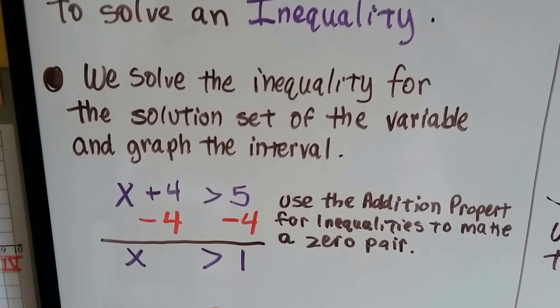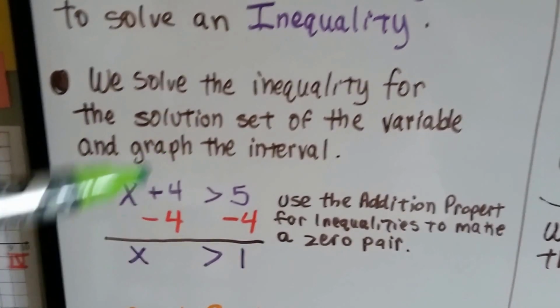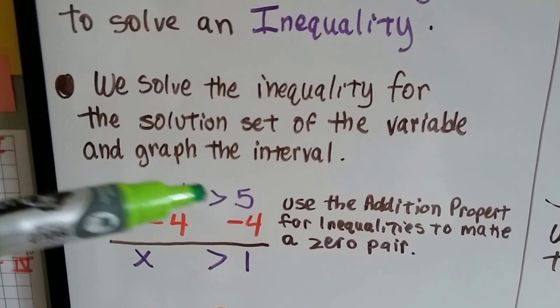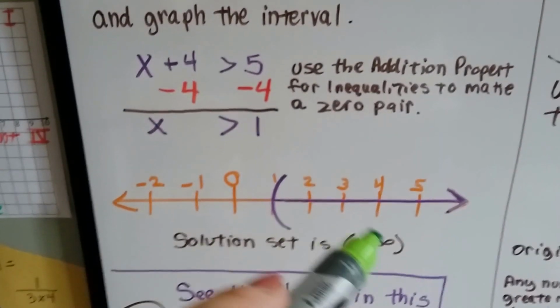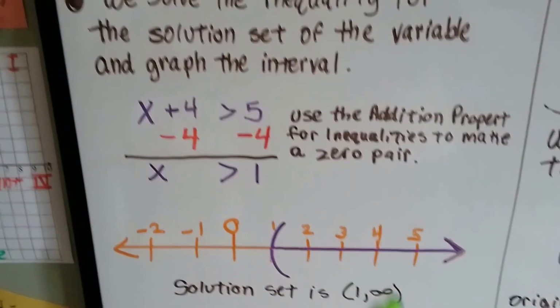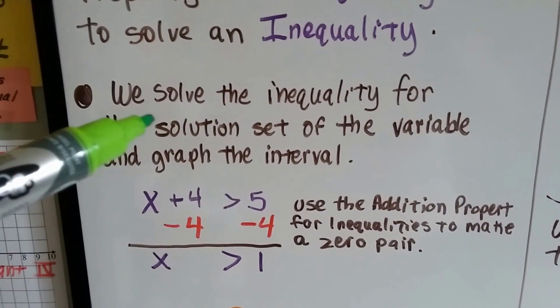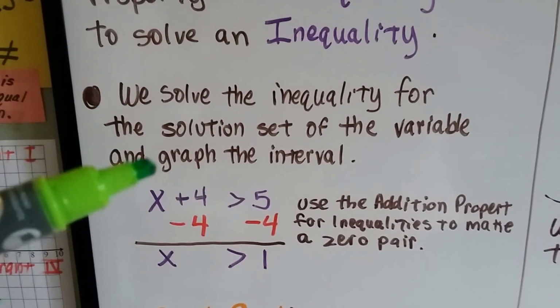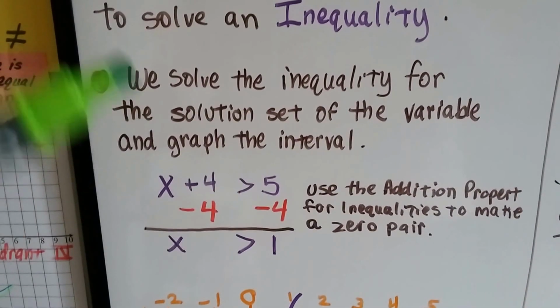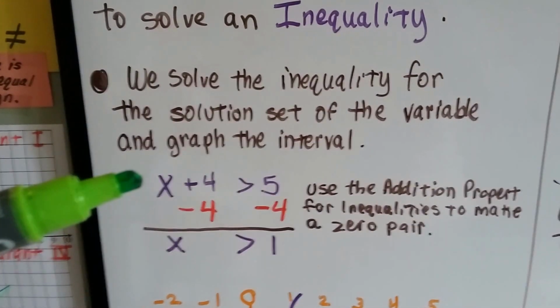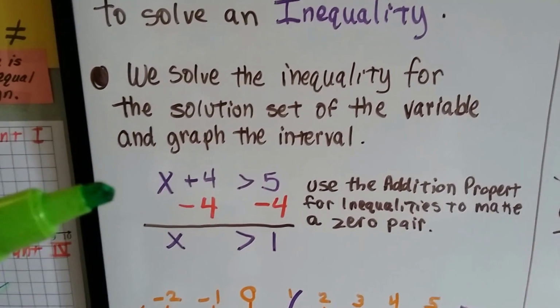What that means is we solve the inequality for the numbers to find out what it's less than or greater than or equal to, and then we write it in interval notation as the solution set for the variable, and we graph the interval on a number line, okay? That's all it's saying. So if we have x plus 4 is greater than 5, we use the addition property